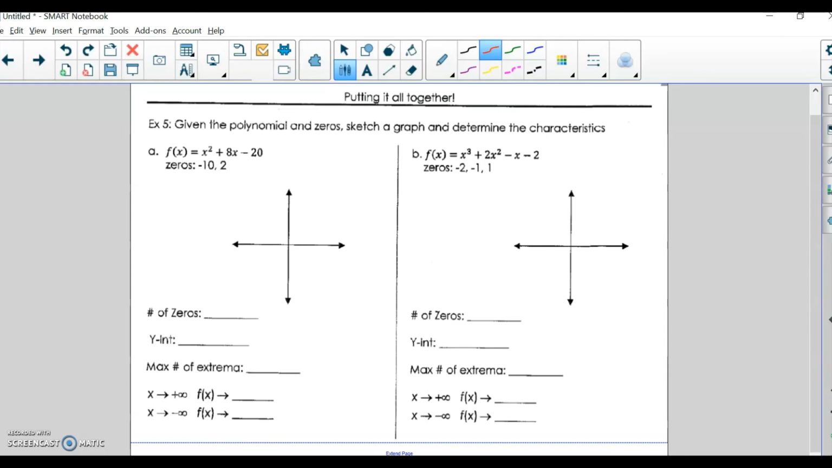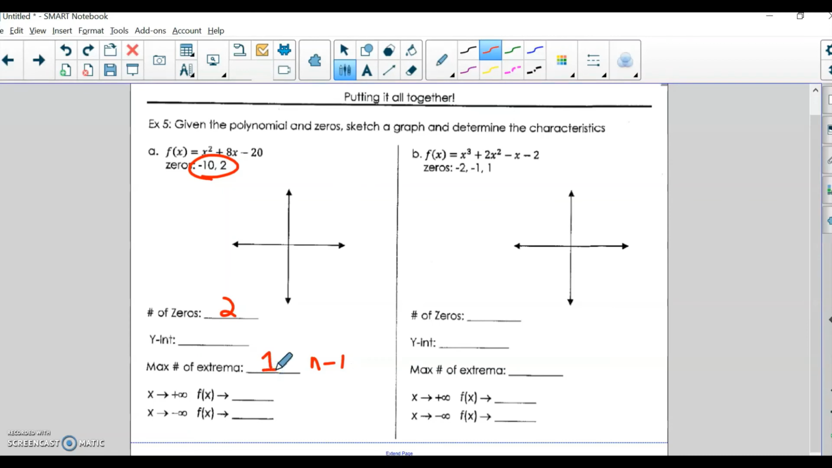Okay, let's put all this together. Given the polynomial and the zeros, sketch a graph and determine the characteristics. Let's see how many zeros there are. We'll answer some of the questions on the bottom, and then we'll go up and play with the graph. It tells us we have 2 zeros, so there are 2. That's pretty simple. Max number of extrema: if there are 2 zeros, it's n minus 1, the degree minus 1, meaning it'll have a single